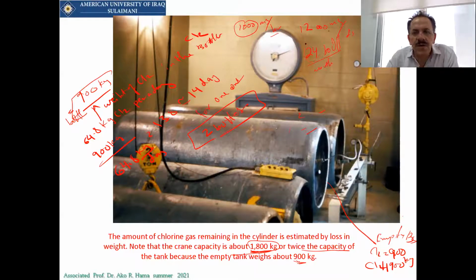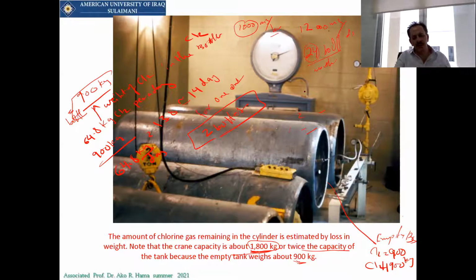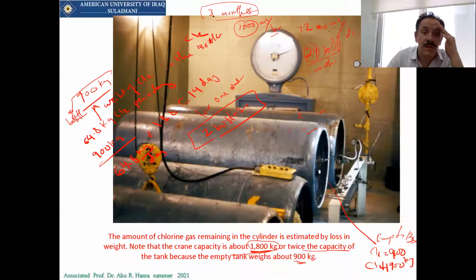By the way, you have to think about the price of this chlorine. Also, as a good manager, the government should at least have a store for 3 months of expectation. So you have to have a storehouse for chlorine gas for 3 months. 3 times 24, it's about 72 bottles. We need to have 72 bottles as a store for that treatment plant.